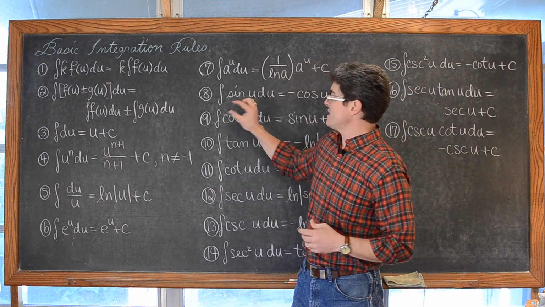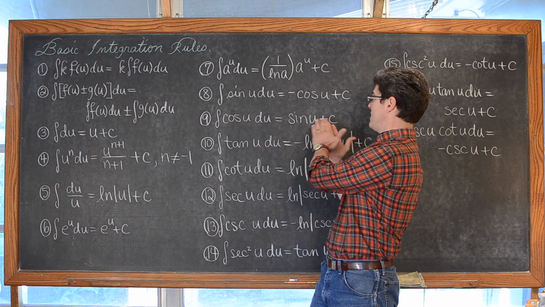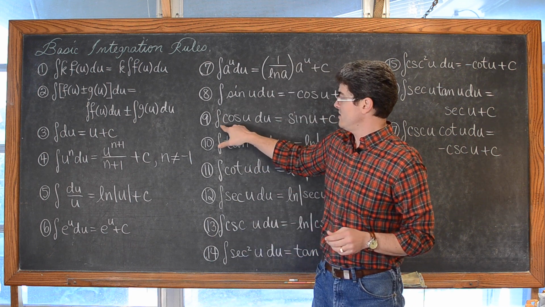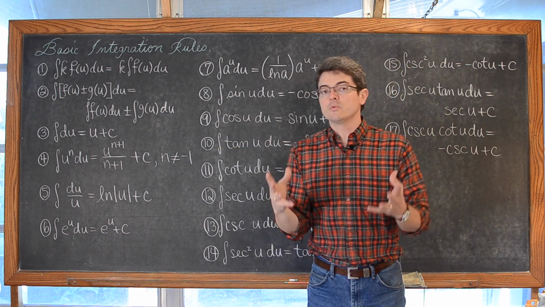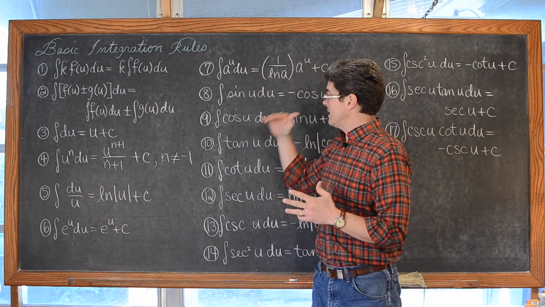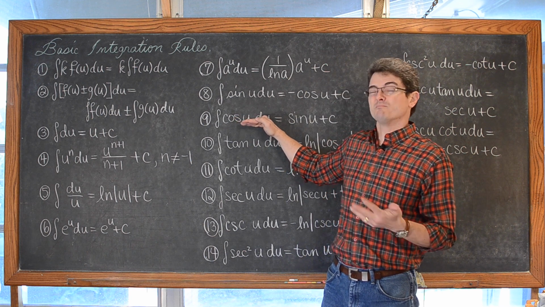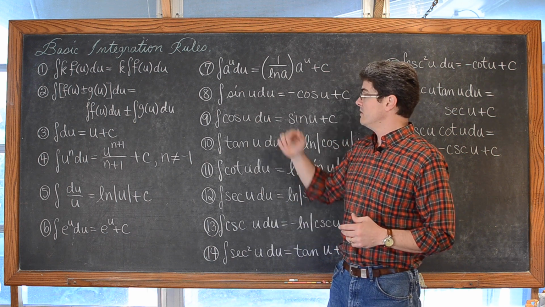And of course, if you're doing a definite integral and you go into a U substitution, you don't need to have this constant of integration. You're just looking for numerical answers. So don't forget to change your lower and upper limits and put them in terms of U as well if you're doing that process where you're removing all references to whatever the original variable is, probably x, and getting it in terms of U.